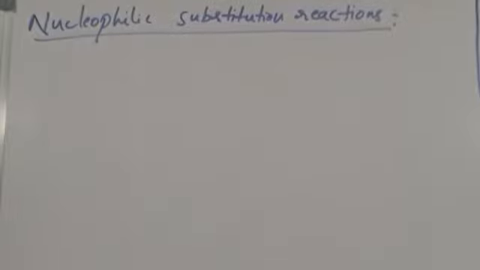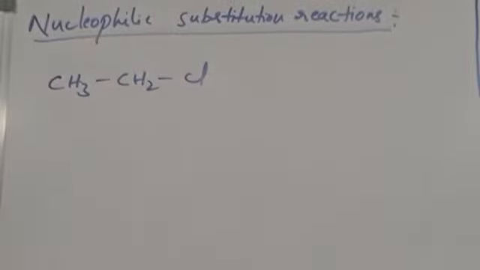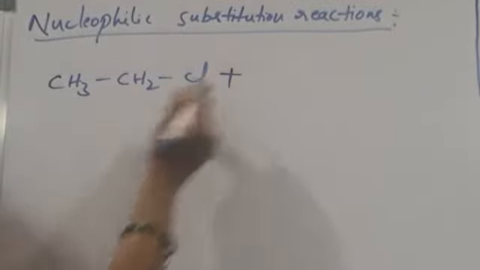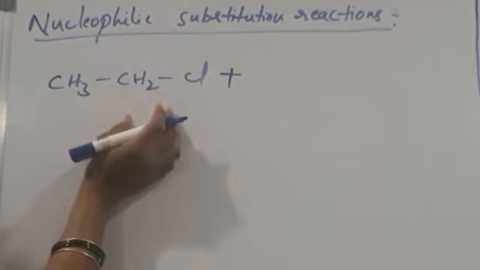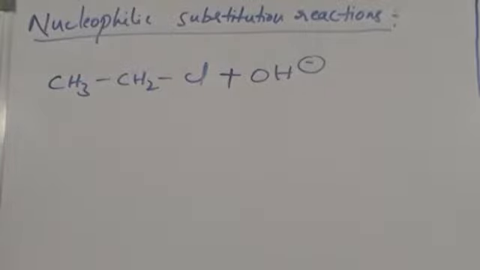Okay? Other than H plus means here, in organic compounds, the carbon atom. It donates a lone pair of electrons to the carbon atom which already consists of an existing group, which is called leaving group. Okay? For example, ethyl chloride is there. This is an alkyl halide, ethyl chloride. So ethyl chloride, alkyl halide, when it reacts with a nucleophile, here OH minus is the nucleophile.